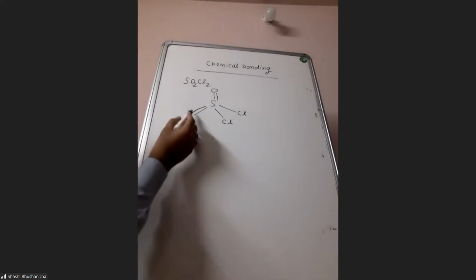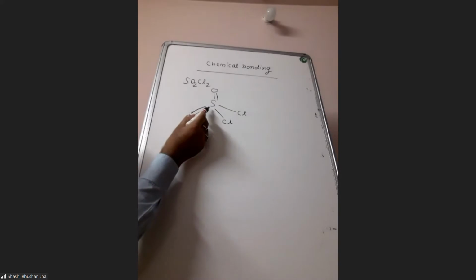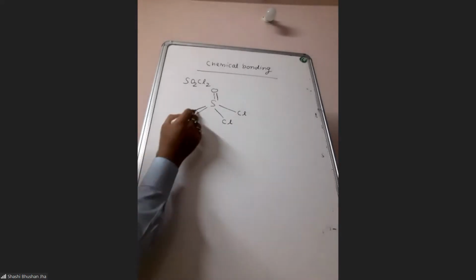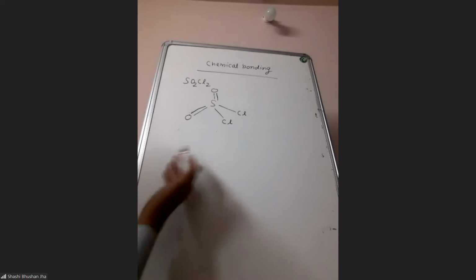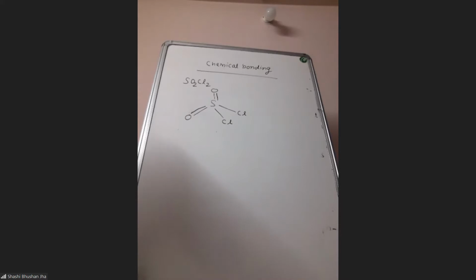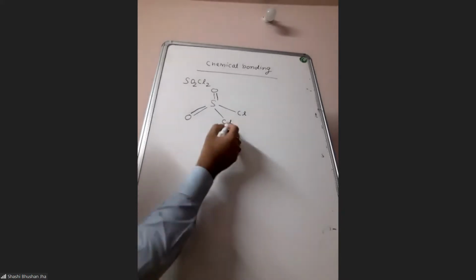Now first you have to compare the bond angle. Suppose if these pi bonds are not there, of course there is no lone pair of electrons on sulfur, right? It has got only 6 valence electrons and it has formed 6 bonds. So all the valence electrons are involved in bond formation, so lone pair of electrons is not there. So if these pi bonds would not have been there, then obviously the bond angle will be very close to 109 degrees, and we're expecting all the four bond angles almost similar. There may be a slight difference because of the larger size of chlorine, but the difference won't be that much.